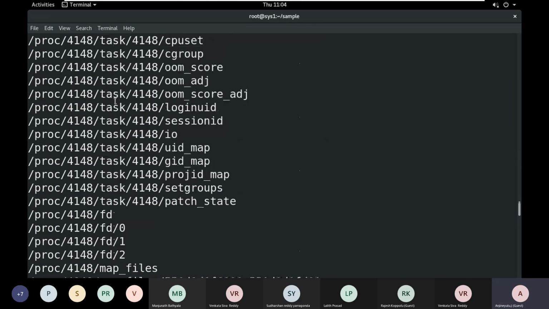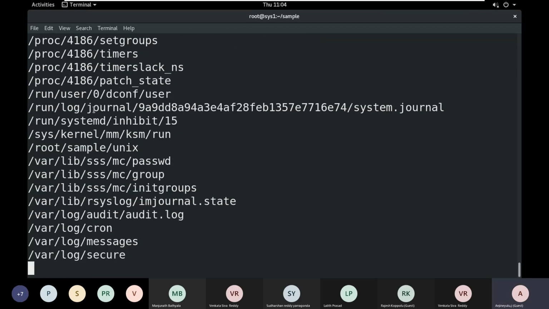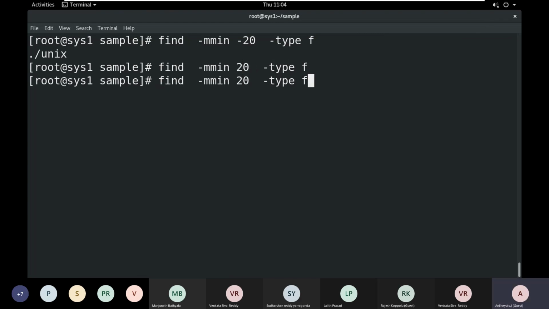I'm searching. So type files only. So here we have a Unix file, am I right? If I don't give like this one, we can find out like only this file. Exactly 20 minutes means it's not 20 minutes right now. This is below 20 minutes only. We can find out like that.